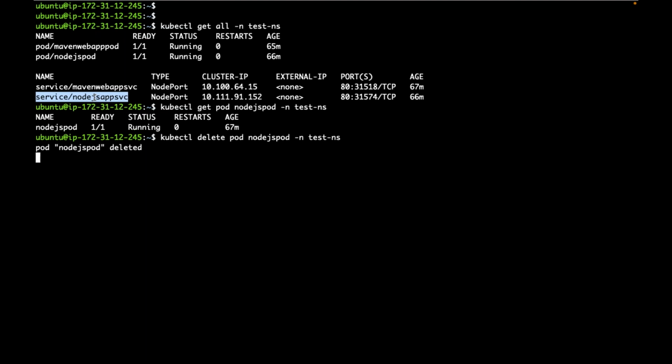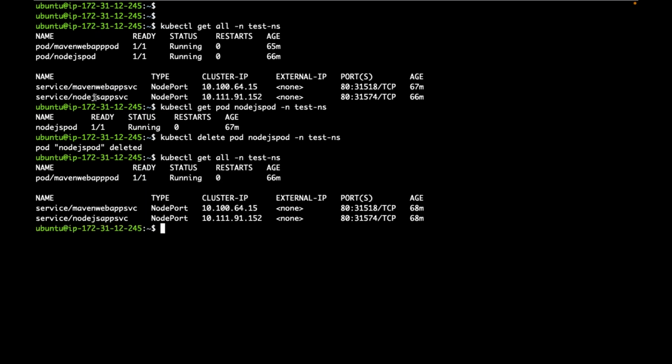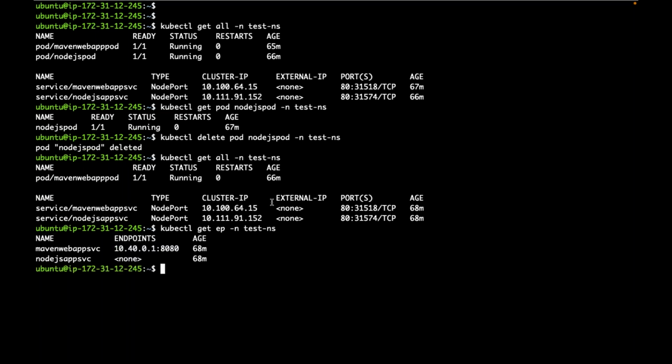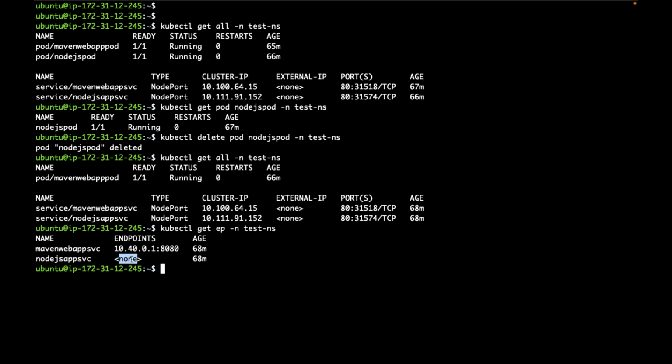And this pod is directly created. Is anyone looking after that pod? Is anyone replicating or recreating that pod now? If you see, is that pod getting replicated, recreated? No. Now, does this service have any endpoints? If someone is accessing from outside or inside using this service, does that service have any endpoint now? Will it work now?